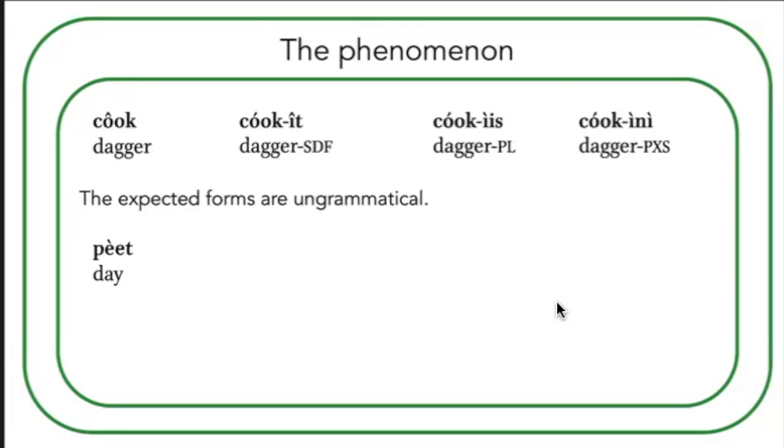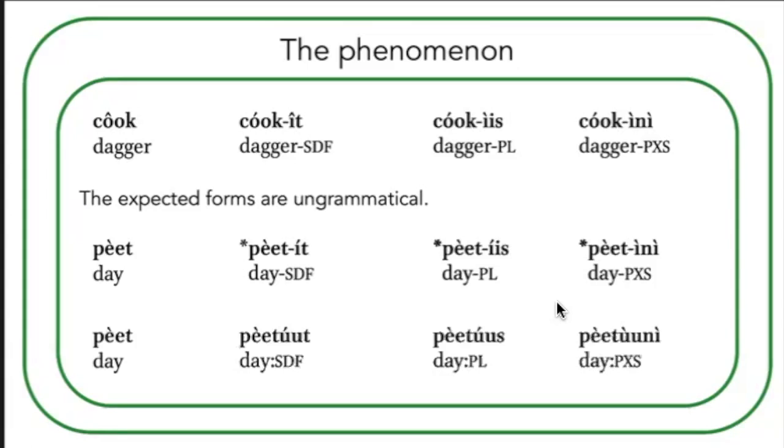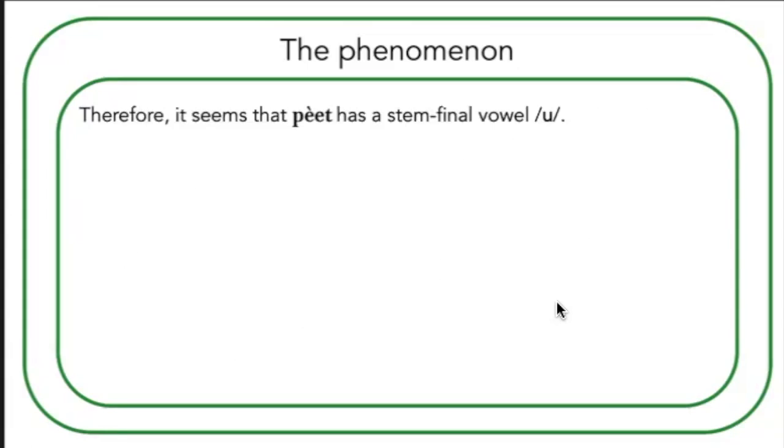And obviously the forms that concatenate regularly are ungrammatical. So pet needs to have this U segment at the end to be grammatical. So you can have forms like petit or petis or petine. Has to be with a U. So it seems that pet simply has a stem final vowel that doesn't appear in the unmarked form and is underlying. When you add any suffix, or you do certain morphological operations that I will talk about,